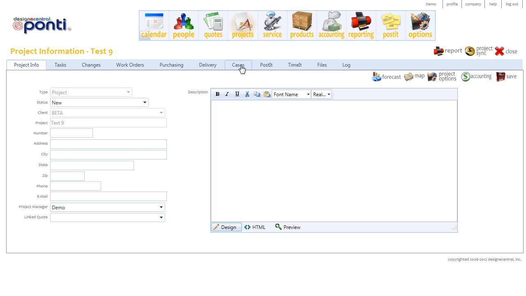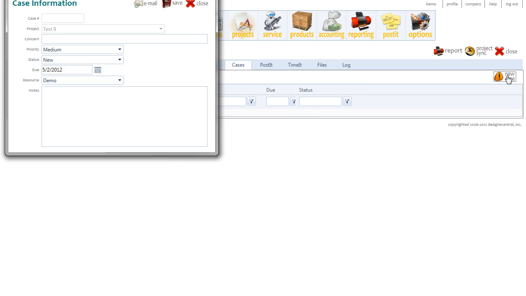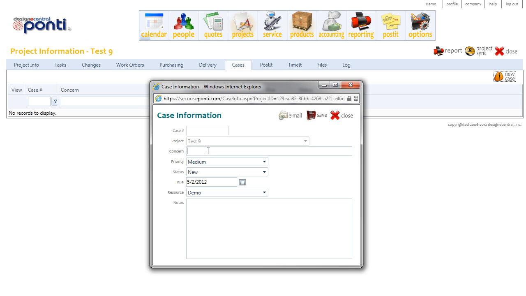Next, they would then create a case. So by going to the Cases tab, click on New Case. They would then fill out this case, which is a concern or issue regarding a project and rush order. They can name that. They can put the priority as high, status is current, and they assign it to the appropriate resource. And put in a note, need these Apple